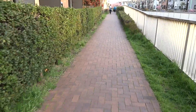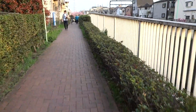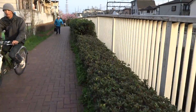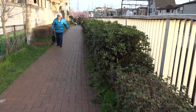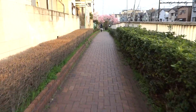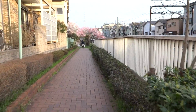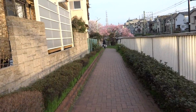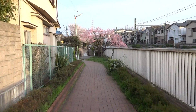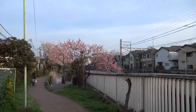Hopefully everybody's doing all right. I should have my place by the end of this month, so I'm looking forward to that, and I'll be able to put up some videos once I get all this stuff out of storage. But as of right now, everything's packed away, and I should be able to move into my place by the 30th. So as you can see here, here are some plum blossom trees, or maybe that's the cherry blossom ones,